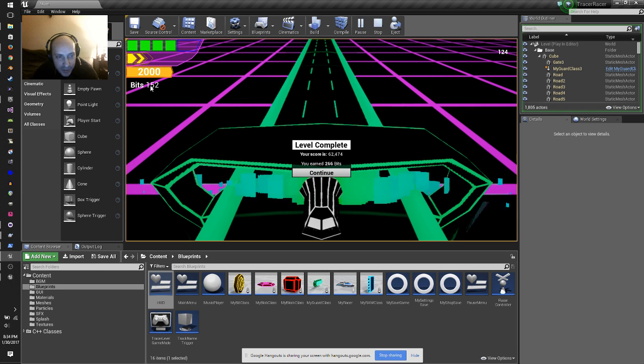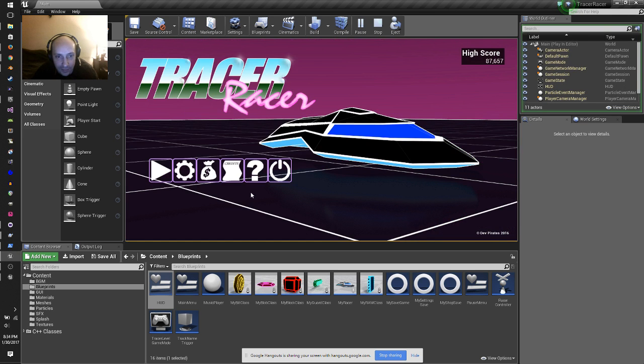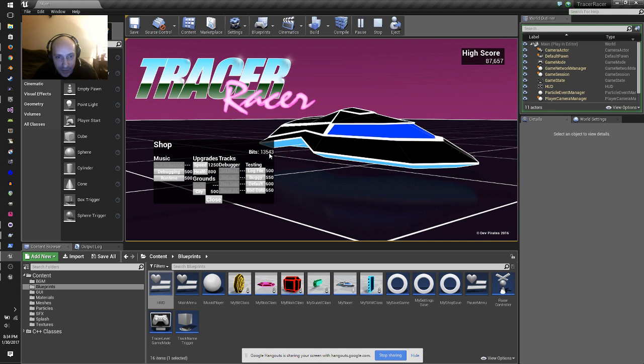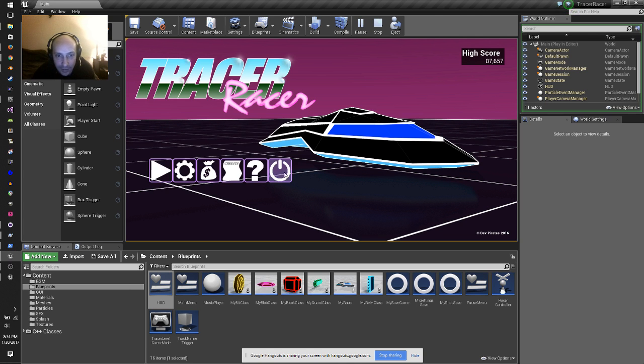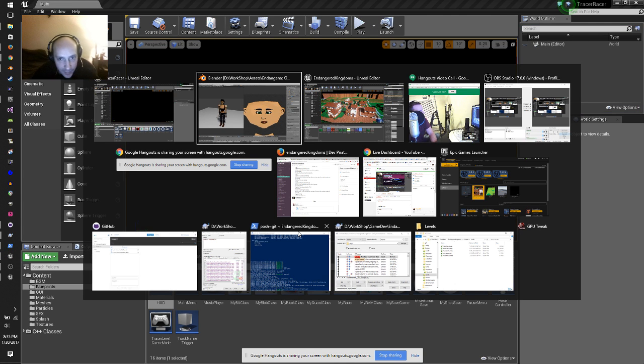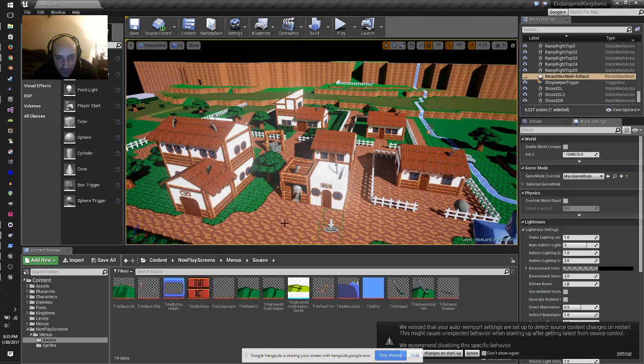So you'll see that bits is 152, but then I earned 266. So it added a modifier to it. Oh, cool. And now how many? It went up by 266. Nice. So that was my task for this week, for my development task. And then I was supposed to be doing the GUI, a HUD GUI. But I didn't get everything prepared for it, so I'm going to skip it this week.